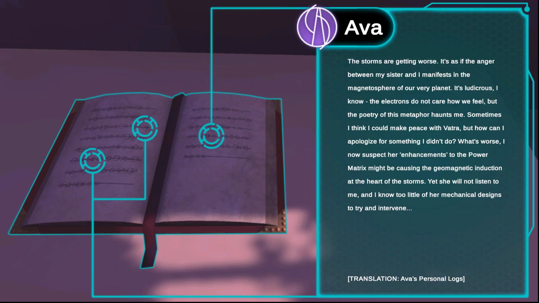The storms are getting worse. It's as if the anger between my sister and I manifests in the magnetosphere of our very planet. It's ludicrous. Yes, it is ludicrous. I know, but the electrons do not care how we feel, but the poetry of this metaphor haunts me. Sometimes I think if I could make peace with Vatra, but how can I apologize for something I didn't do? What's worse, I now suspect her enhancements to the power matrix might be causing the geomagnetic induction at the heart of the storms, yet she will not listen to me, and I know too little of her mechanical designs to